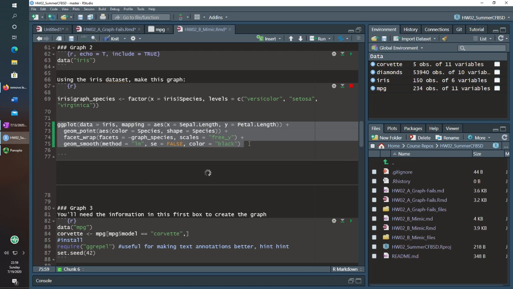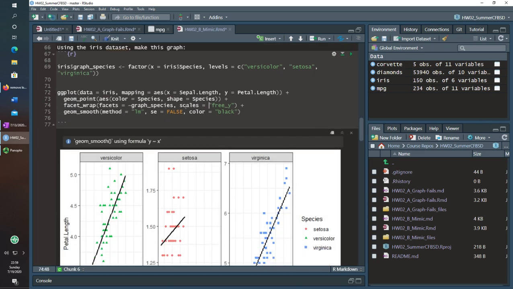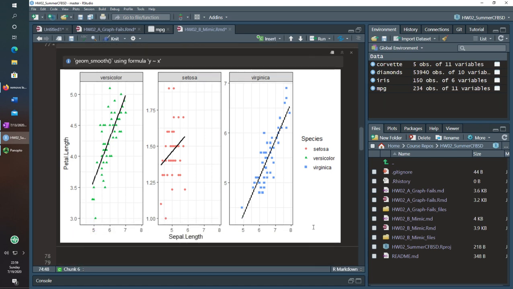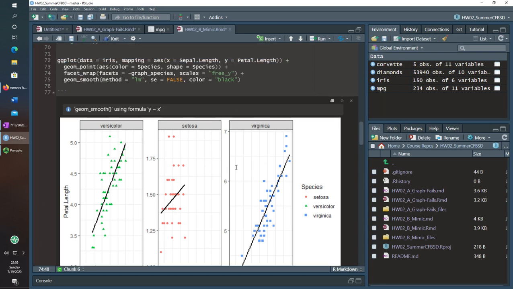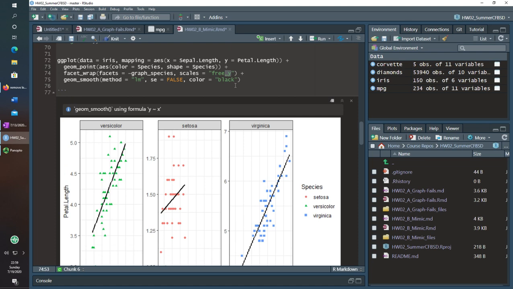So if I run this, you can see that it should be the same graph that you were trying to make. Again, there's no benefit or not. The thing here is that you can see that the x-axis is the same for all of these, sepal length, but petal length varies. Here it starts from 1 and goes up to 2 basically, and you can see there's a difference. That's just to say that you can set the scales free, and you can set them just free, or you can set them free for just the y or just the x axis.